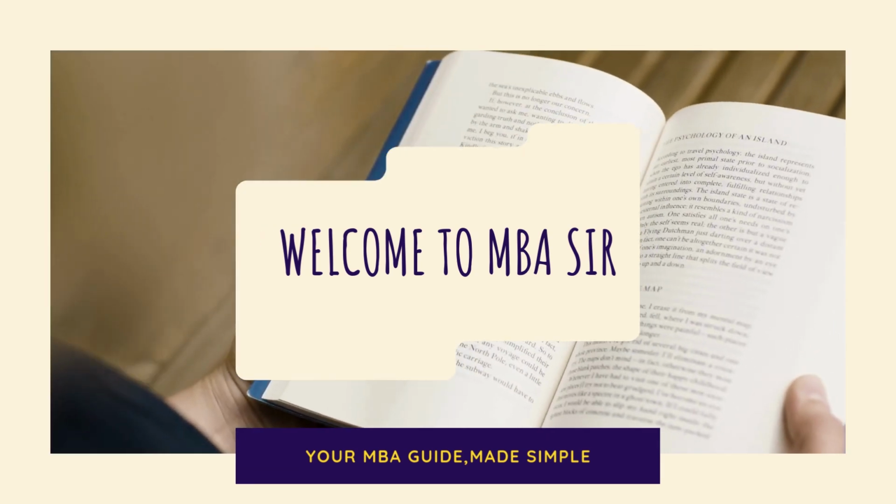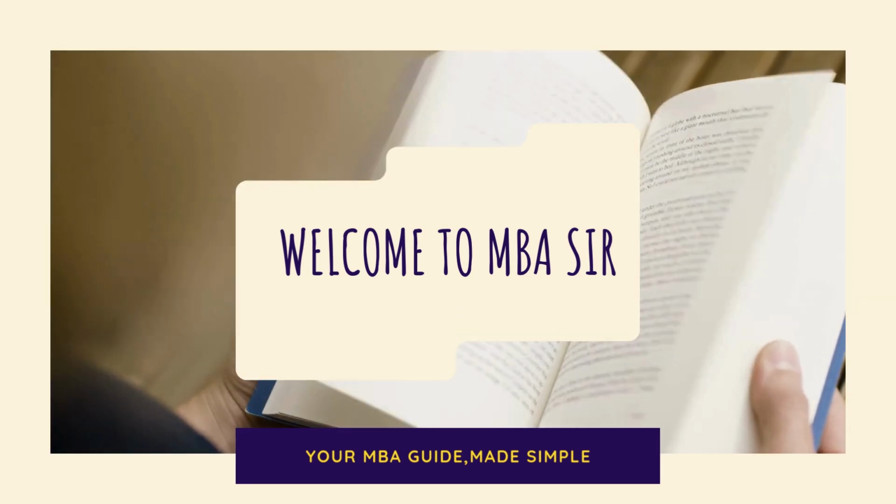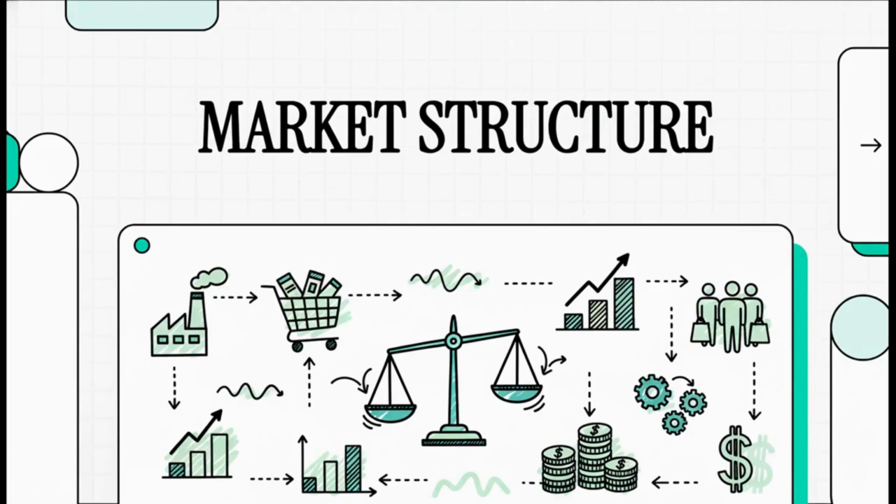Have you ever wondered why you have a million choices for one thing, but maybe zero for another? Well, that's not an accident, it's all by design. Today, we're pulling back the curtain on the hidden rules that shape your economy, something called market structure.